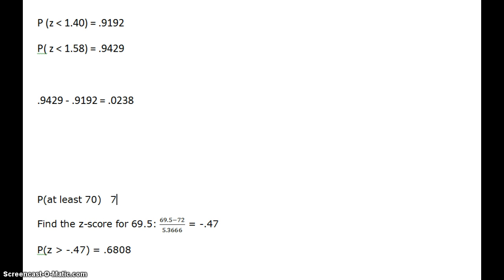If we adjusted by 0.5 up to 70.5 and did 70.5 or more, that would leave off our original number, which we don't want to leave off, the 70. That's what we actually set out to try to figure out. So we adjust down by 0.5 in that case. So if you're doing a more than, you're going to adjust down